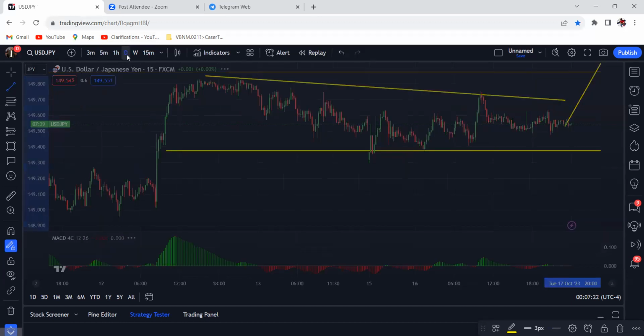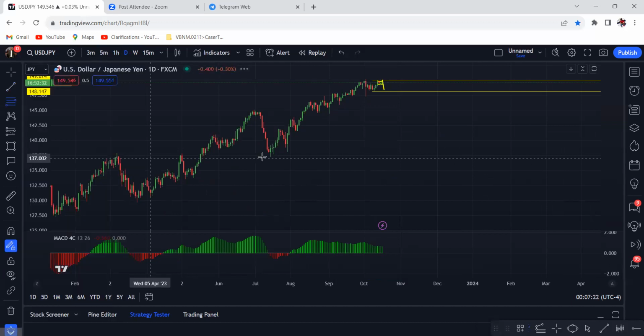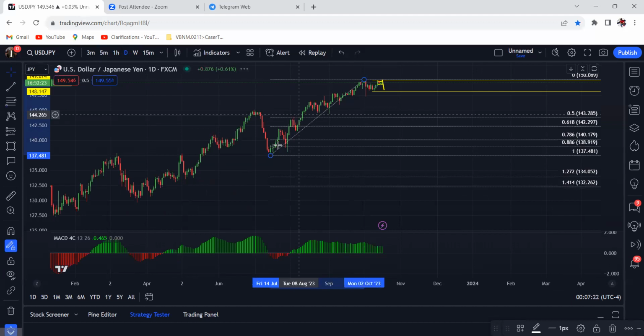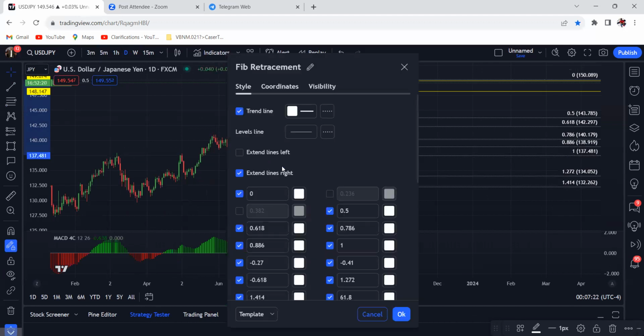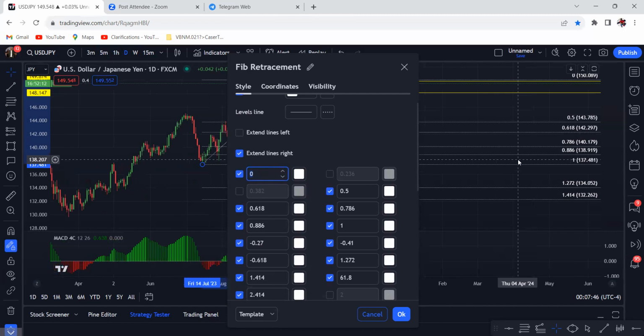So let's go back to the daily real quick. So obviously we're in an uptrend. So if I was to take out my fib tool, retracement from this is the last dip, low here, boom, and go up. And for those who ask, what's my fib settings? Let me double click, take a screenshot. There you go. As you can see, I don't really care for the 23 and 38.